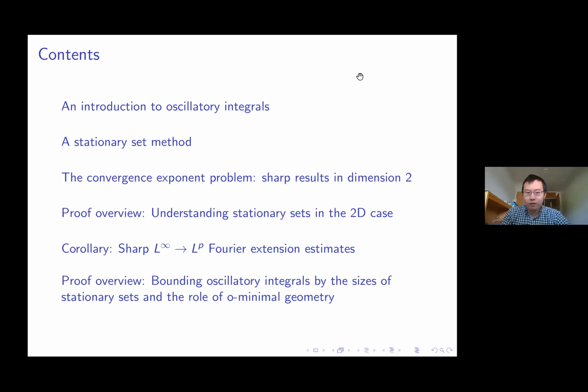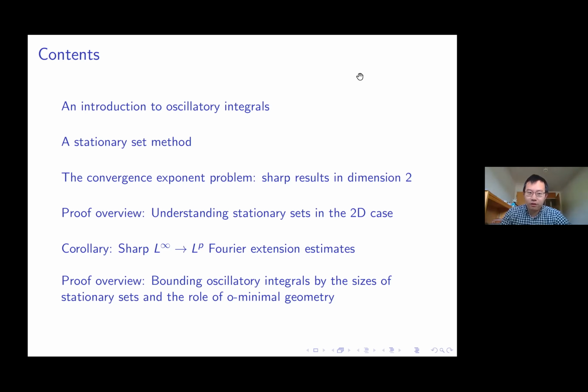And then in the fourth part, you can see the fourth part and the sixth part are proof overviews. The fourth part concerns this application. I'll say a little bit about what we do in addition to the main theorem so that we get the sharp results in dimension 2. This involves understanding the so-called stationary sets in the two-dimensional case. And this has a nice corollary: the sharp L infinity to Lp Fourier extension estimates for a family of two-dimensional surfaces, which I'll also briefly